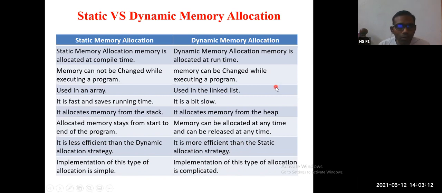Now, take a snapshot of this slide so that you can keep it as a part of your notes. All of you take a snapshot of this slide. Difference between static memory allocation and dynamic memory allocation. In the exam, you may get a question like this: write the difference between static memory allocation and dynamic memory allocation, and write a program to do so and so.